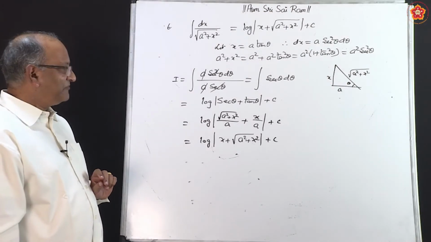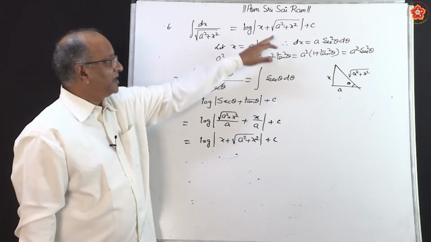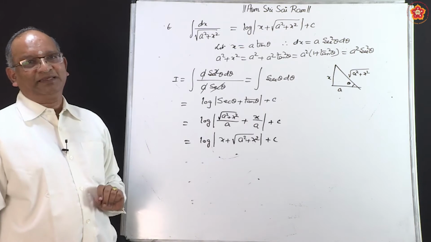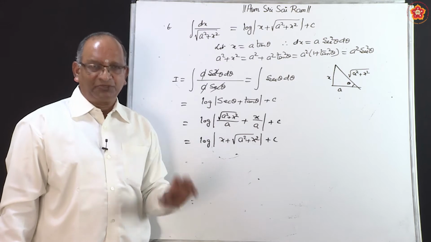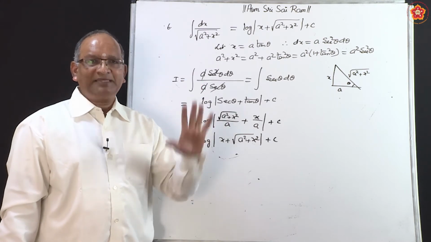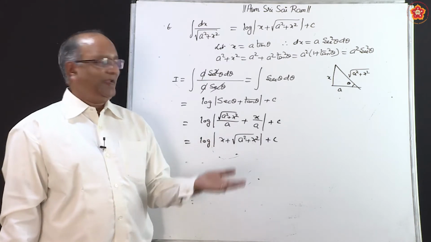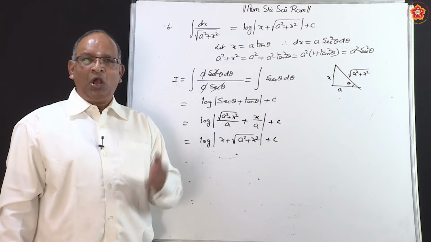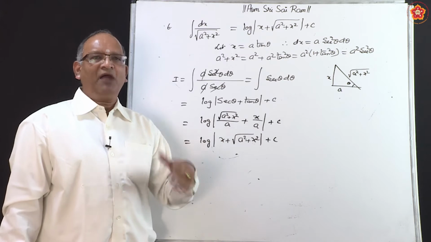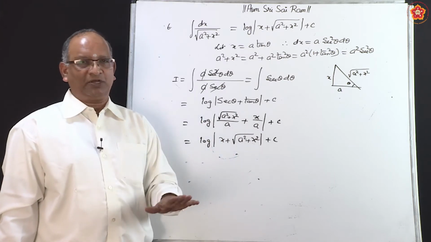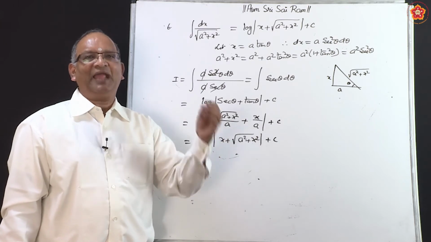So, what is the formula we have derived? The formula is log x plus under root of a square plus x square plus c. So, in this manner, with appropriate substitutions, you can derive all the 6 formulae without any difficulty. Either you have to substitute a tan theta as we did here, or you have to substitute a sec theta as we did in the previous case, or you have to substitute a sin theta or a cos theta. Make sure that when you make substitution, it fits into one of the identities.